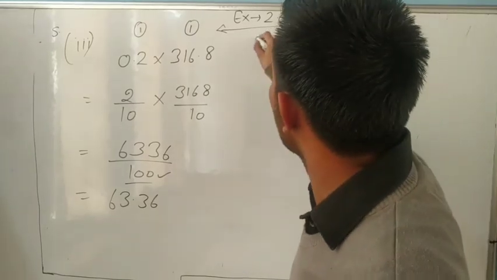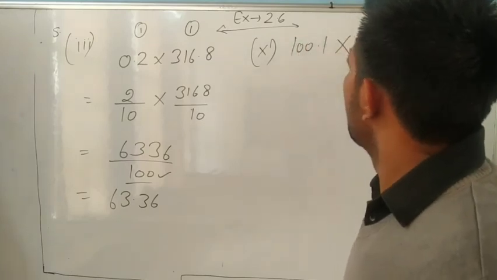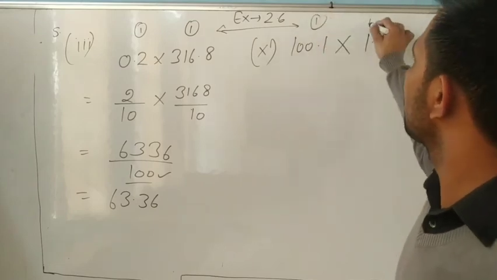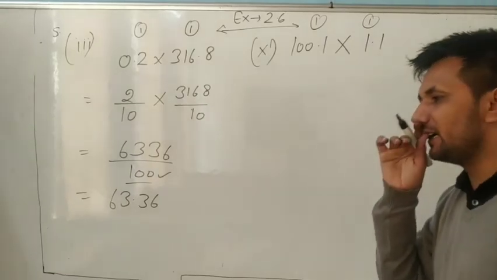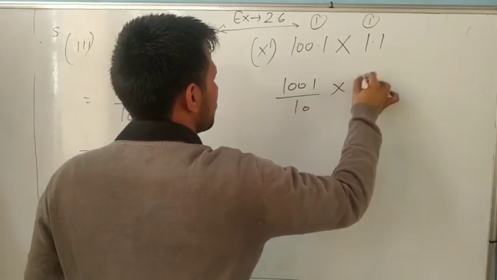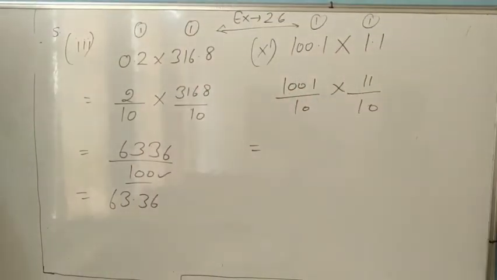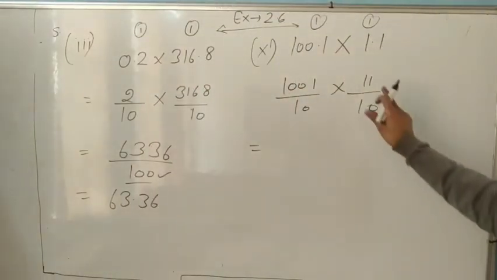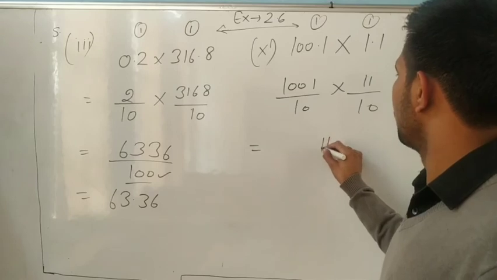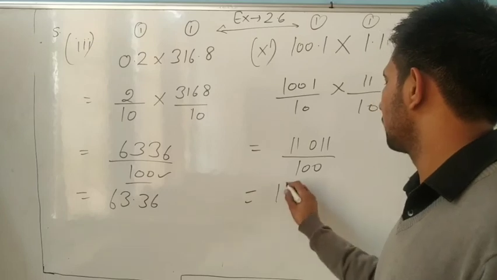Now which part is it? The last part, the 10th part. The rest of the parts you have to do yourself. 100.1 multiplied by 1.1. After the decimal how many digits? 1. Here also 1. So how many digits come after the decimal in the answer? 2. Otherwise you can write 10 into 11 divided by 10. Tables are very important. You should know them by heart, up to 20. 11 ones are 11. 11 into 0, 0 plus 1 carry, 1. 10 into 10, 100. So after the decimal 2 digits.